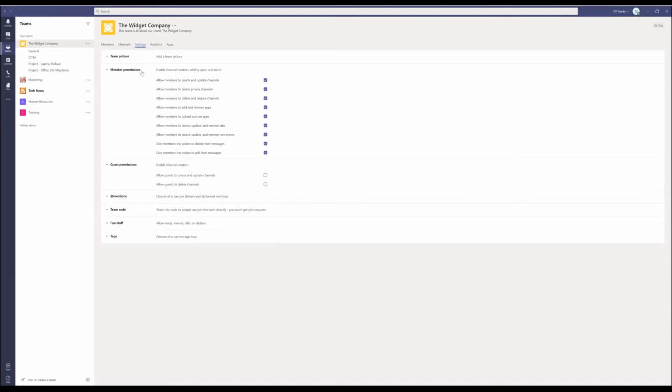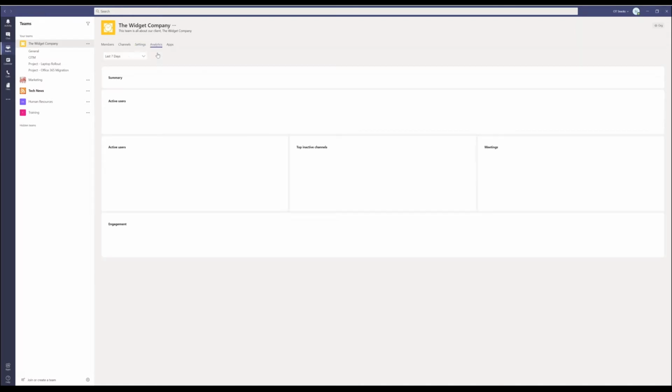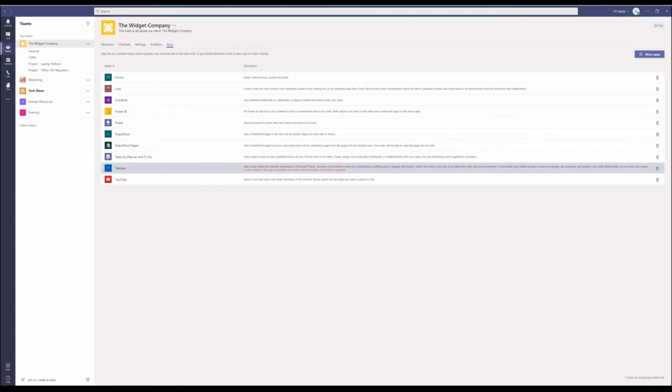And once a team's established and being used, there are some analytics that you can view around it on here. There's also in the Microsoft 365 Administration Center a whole array of reporting and analytics that you can see, or the administrators of your tenants can see. So you can pull data from there. Obviously this is a test tenant, so there's very little going on here, but that just shows you can actually see the activity on your channels and team. And here's just all of the apps that we've got linked in with our current tenant.